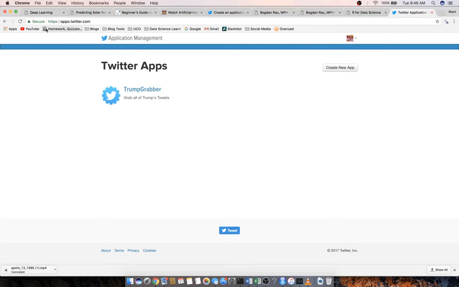First, you have to go to apps.twitter.com and register for a Twitter API. This is free and really simple to do. It's literally just a couple of lines that you have to fill out. I already have one started called Trump Grabber. Let's go ahead and create a new one. This is what you're going to see, something similar to this. If I click on Create New App,